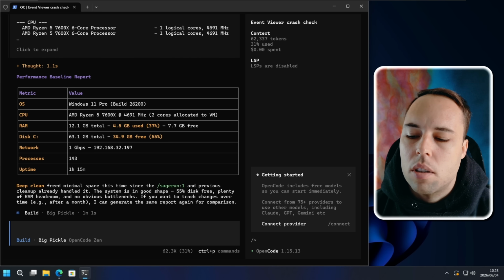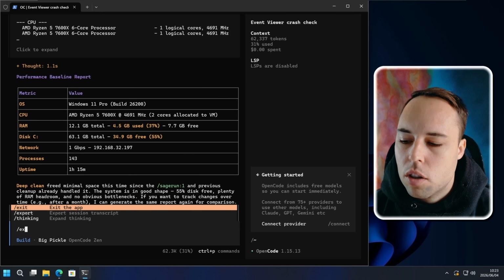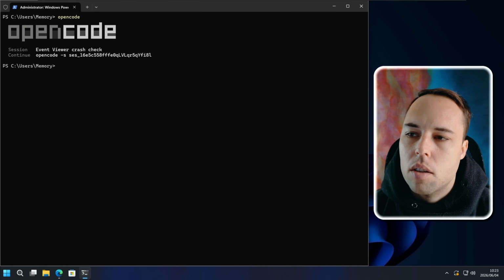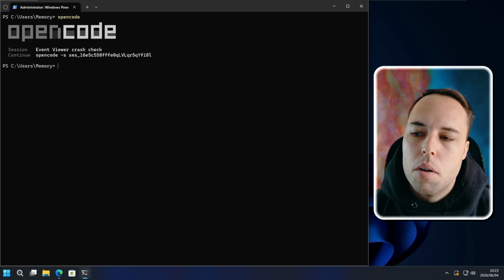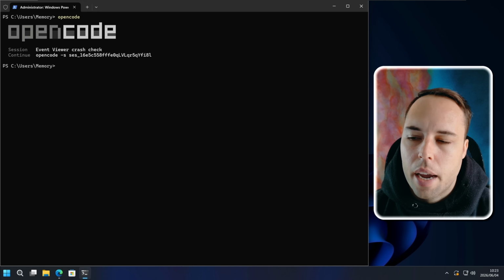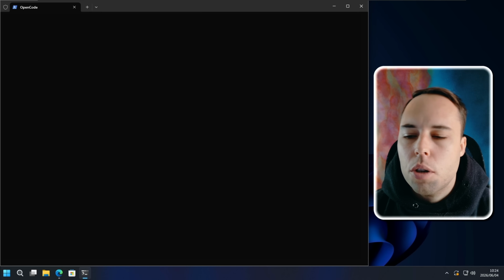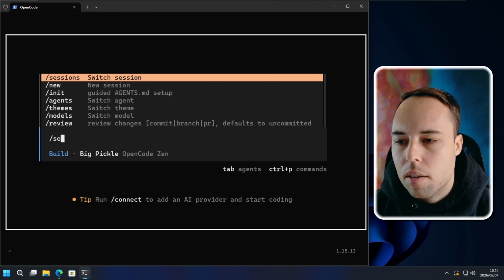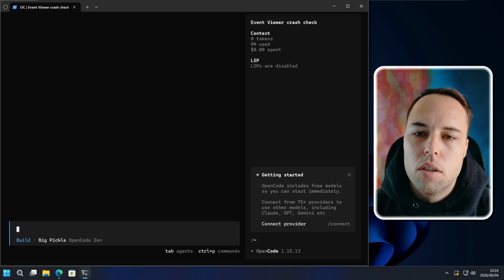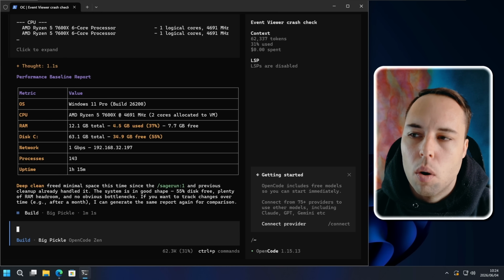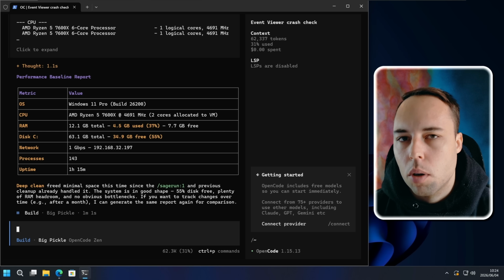So right here, I was done with this chat. And to exit, you can just type /exit and then press enter, and it's going to close that OpenCode session. Now, I just want to show you that you can run OpenCode again. You can run the OpenCode command again, and then it'll launch you into a new fresh chat. But you can run /sessions to get to all of the sessions you've had in OpenCode and then launch back into a session you were just in.